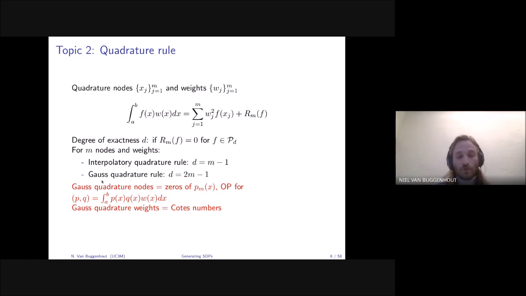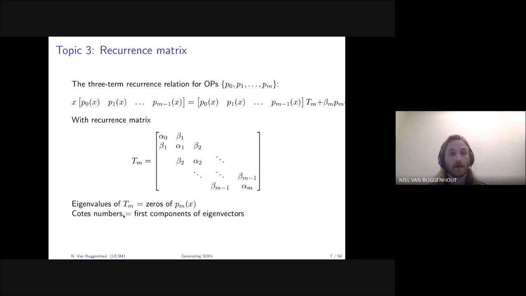And the nice thing, so this is the first connection, for these Gauss quadrature nodes, if you want to compute these nodes, which we have here on top, these are in fact nothing more than the zeros of Pm(x). This is the mth orthogonal polynomial for the inner product, where we use the same a, b as in the integral of interest on top of this slide, and w(x), the weight function. And then the Gauss quadrature weights, you can also retrieve from the polynomial. These are the Christoffel numbers, but I'm not going into detail on those. And then the third topic